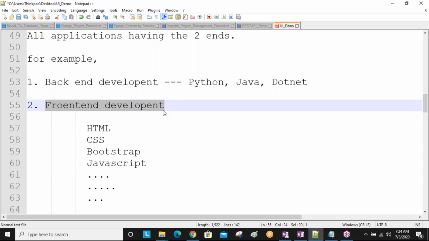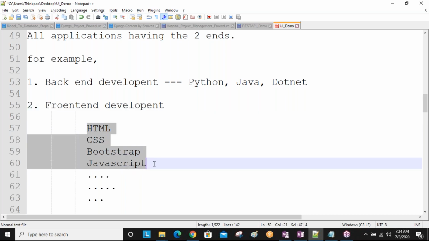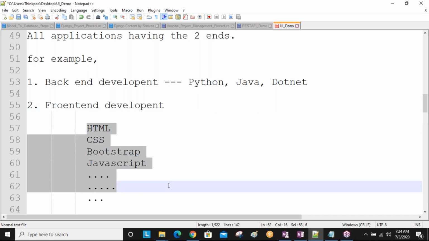The front end developer's responsibility is that the person must know about UI technologies. UI technologies are nothing but HTML, CSS, Bootstrap, JavaScript, jQuery, like so many are there, sir.